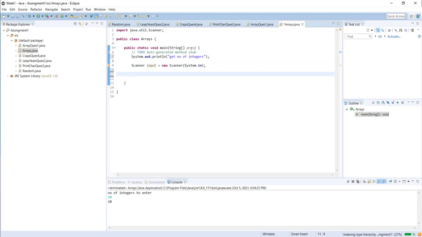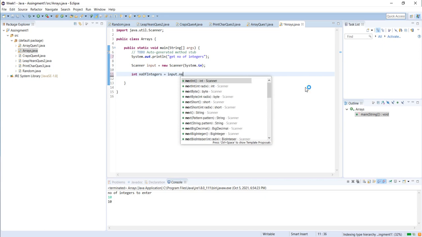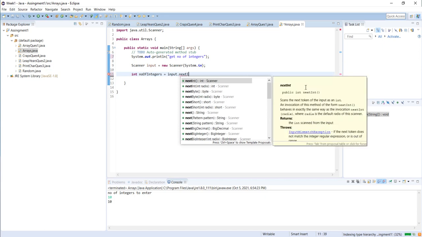This Scanner class and input object will help me get an input. This object will call a method called input.nextInt.